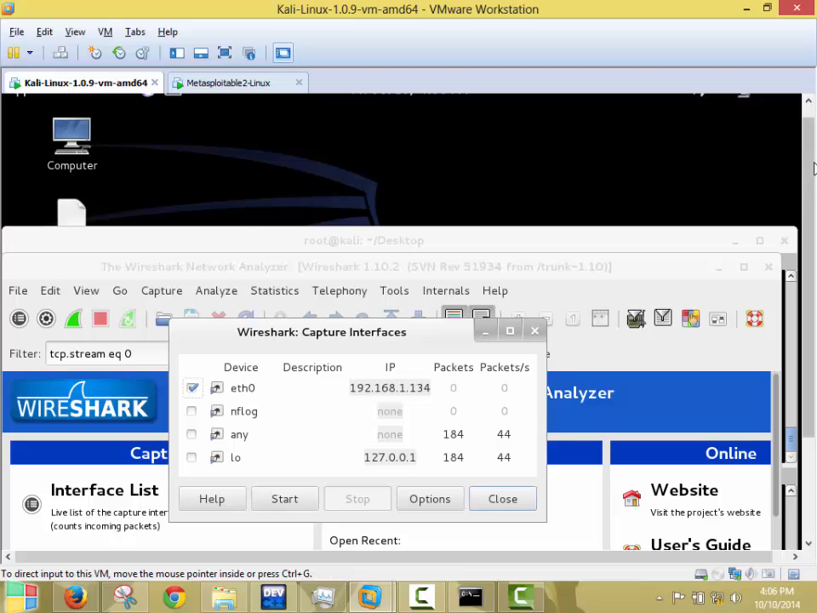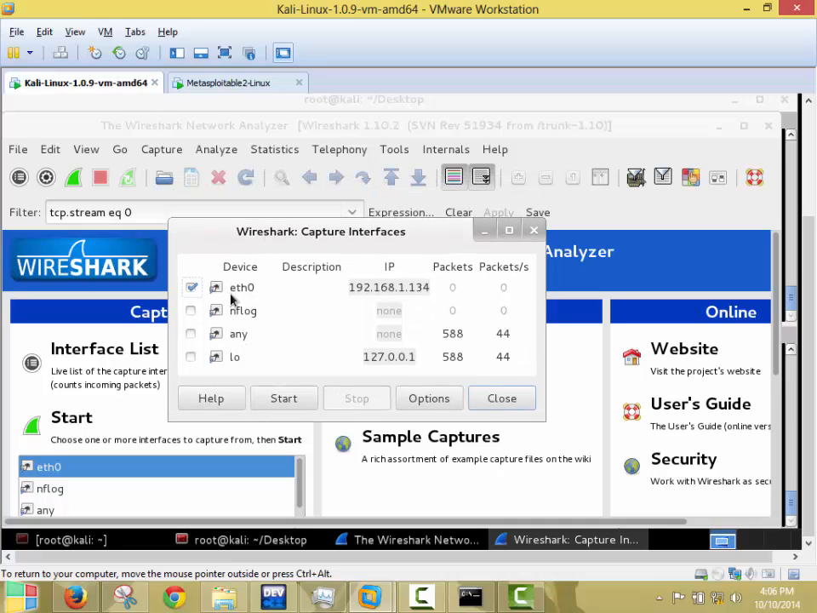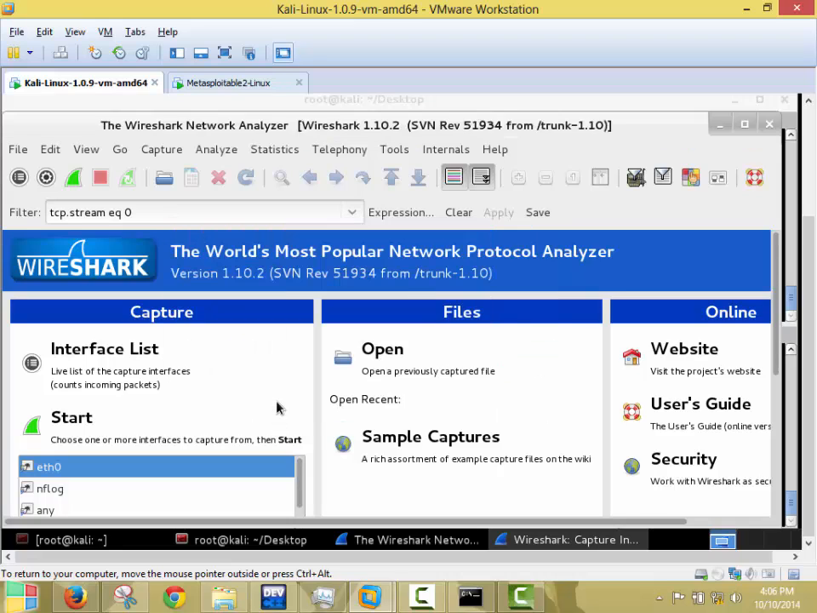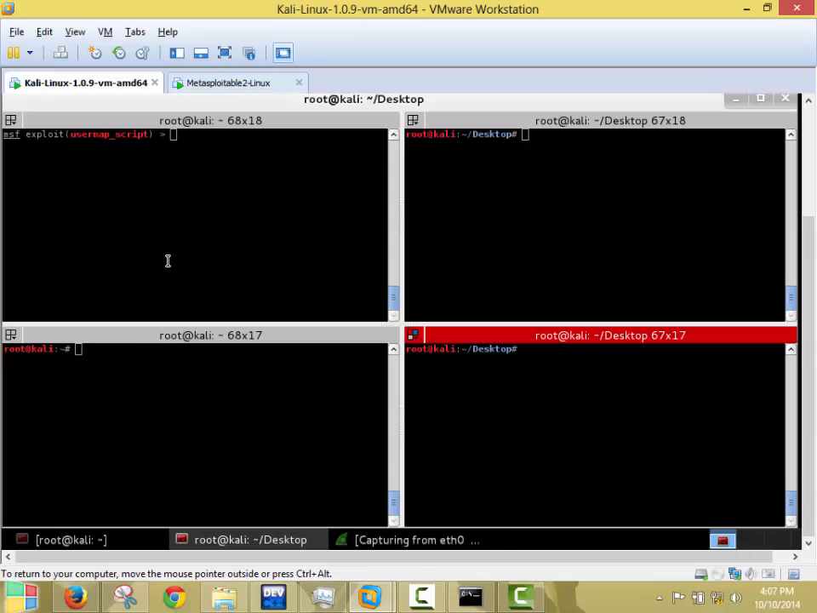I'll be scrolling a little bit more in this video because I've changed the resolution in hopes that it'll be a little bit more clear for you all. So I apologize preemptively, but we'll continue from here. ETH0 is designated by our IP address right here with the virtual machine. We're going to click Start, and just as we had done before, I'm going to minimize this and get everything